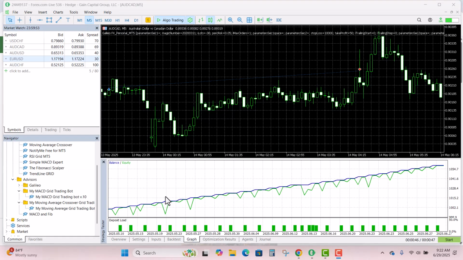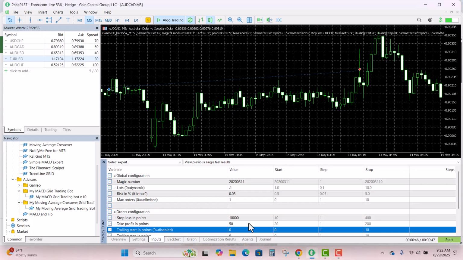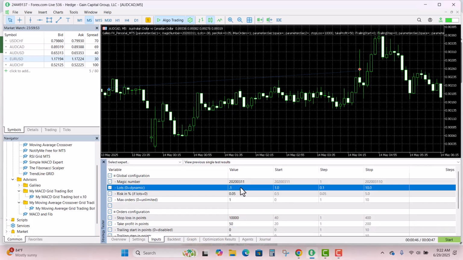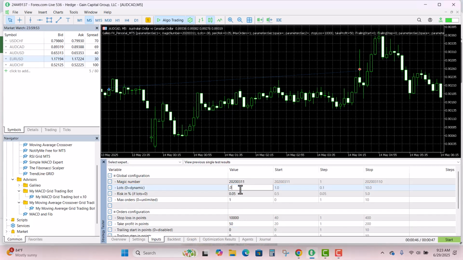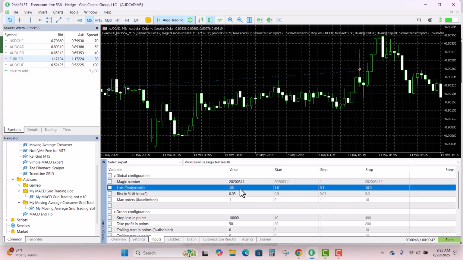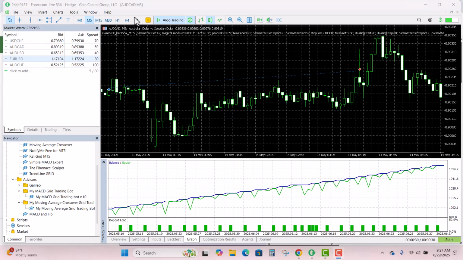So we come back over to our strategy tester and we go to inputs, and we're going to change our lot size from 0.1 to 0.06 and see better deposit load, and just hit start and wait for the new report. And when the report is done, we go over to the new graph and we hover over the deposit load, and we find out that it's